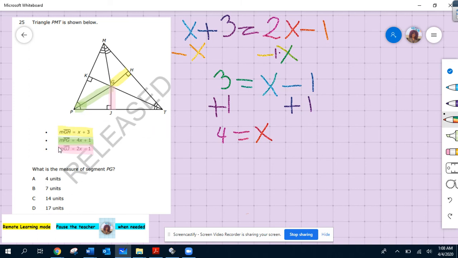If you look at PG, the length of PG is 4x plus 1. So you should just plug in the x that you found before, that is 4. So you have 4 times 4 and then plus 1. And this is 16 plus 1. I mean it's